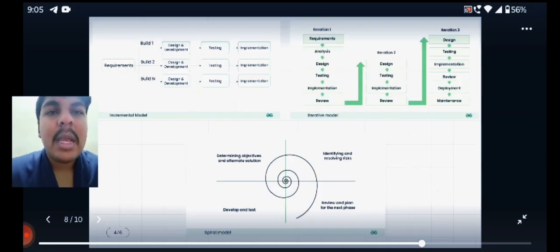Incremental model. Incremental model is a process in which the process will be repeated n number of times, that are called increments. So we can improve the particular process and make major changes and satisfy the needs of the users and meet the requirements of the clients, stakeholders, etc. Iterative model. So iterative model is similar to incremental